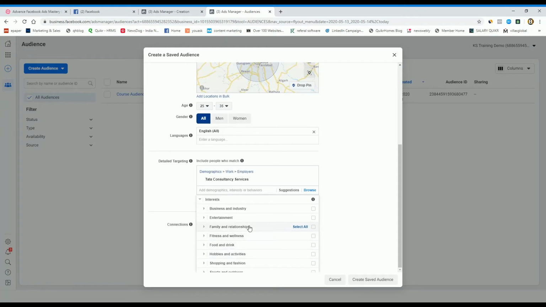Targeting by interest is very broad and narrow both. Targeting by interest means if somebody has an interest in entertainment. So I read any entertainment blog, I follow any celebrity, I follow any page on Facebook, so I can go ahead with the particular interest.